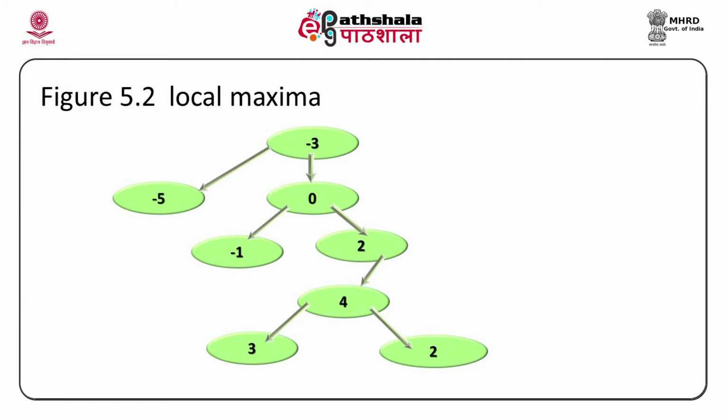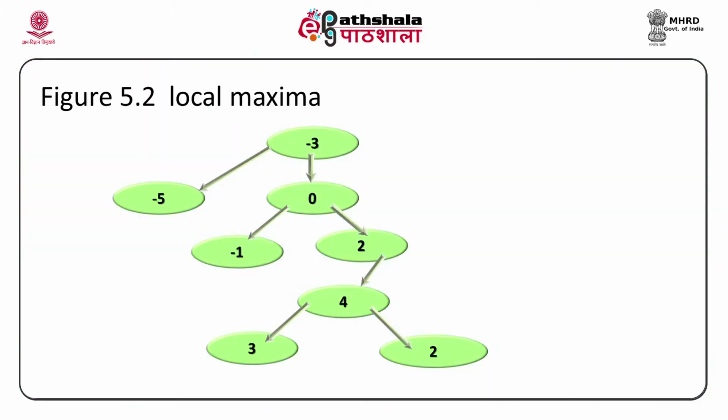Remember, when we are at the solution, when we get value 10, we don't have the value 10, we get 3 and 2. So none of them is a solution, but we cannot go. So that is the problem with hill climbing. That's called local maxima. Why is it called local? Because we have not reached the final goal state. That's local, surrounding. And maxima means 3 and 2 are lesser values.